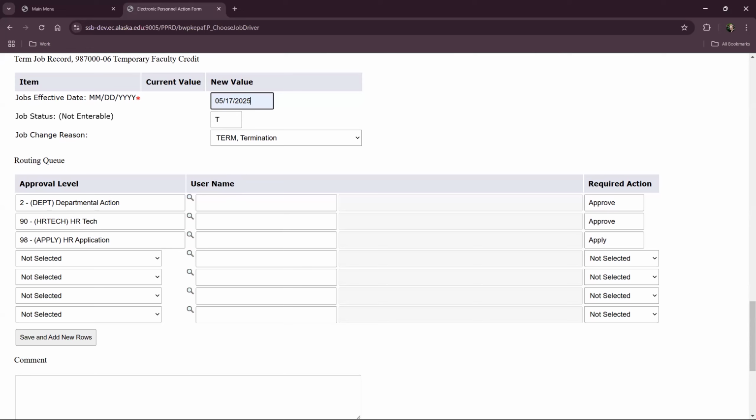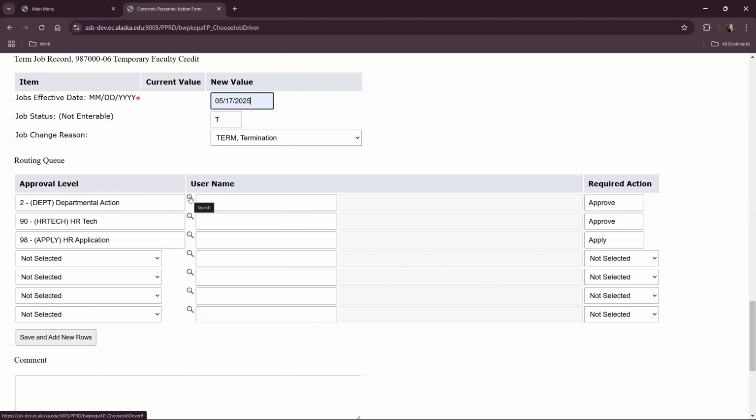Next, we're moving on to the routing queue for approvals and application into Banner. If you have set up your NTR route in Banner prior to doing this EPAF, you can skip this section and the EPAF will route according to what you have set up in NTR route. If you'd like to change your routing or you forgot to set up NTR route, you can set it up here.